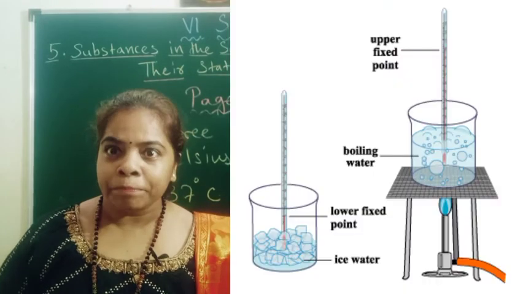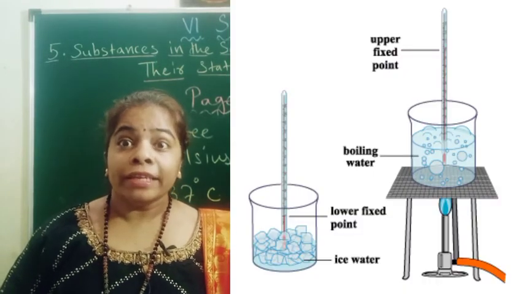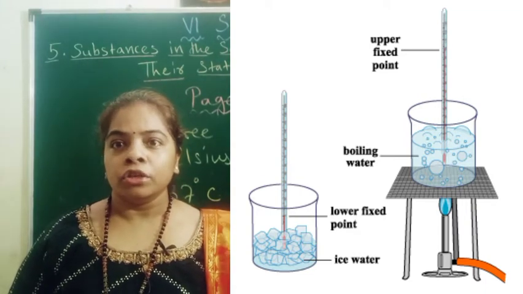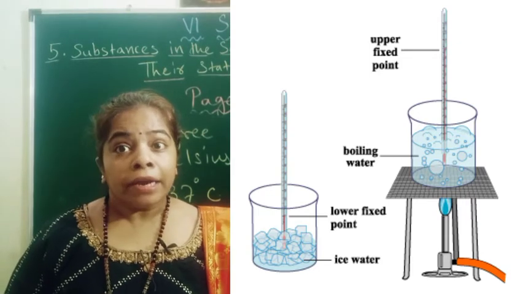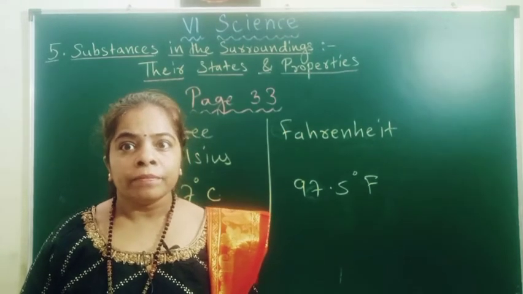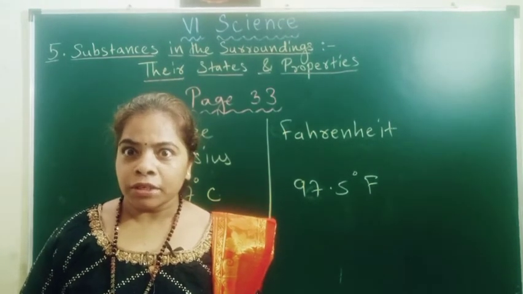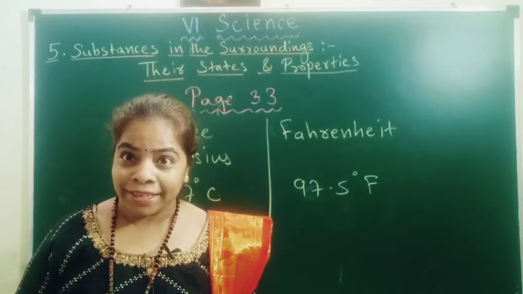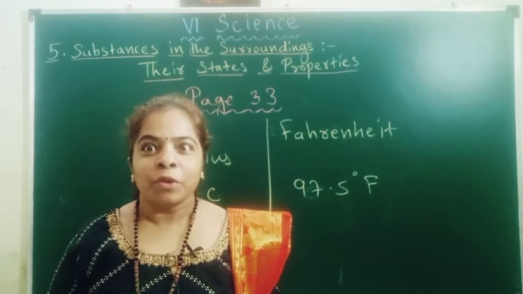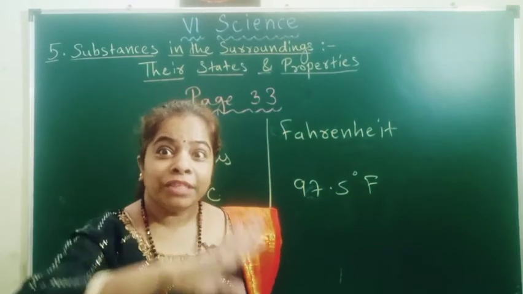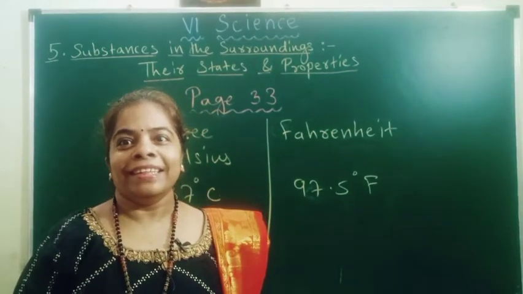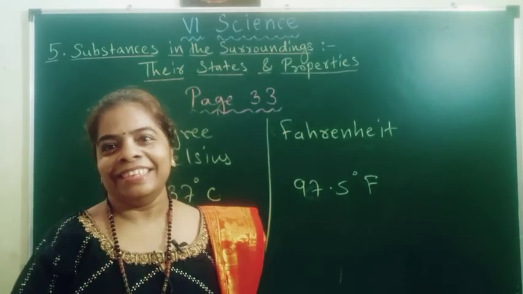We can explain it in another way also. Even if you keep this beaker of ice on gas and heat it, it will not show a temperature change even after heating until all the ice has melted. Where is the heat going? The heat is used to change the state of the substance. The substance is using that heat to change its state from solid to liquid. It wants to jump from solid to liquid. So it is absorbing that heat energy and changing its state.